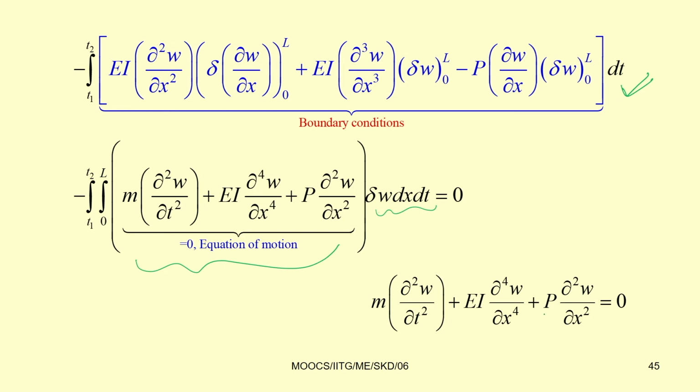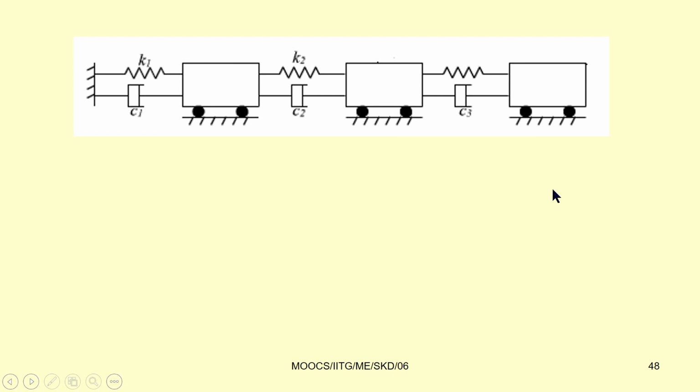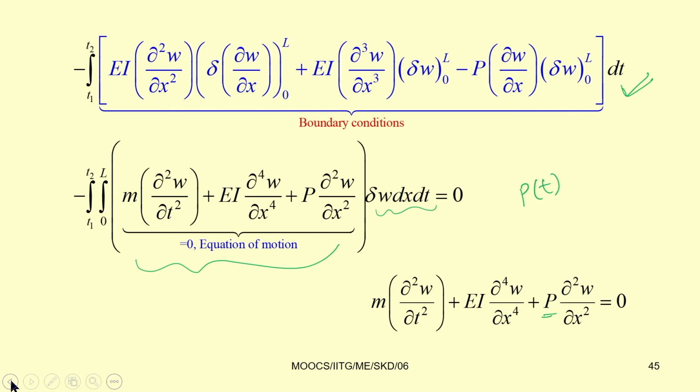If one takes this p, as I told, Pt, I have written there, by taking Pt equal to P0 plus P1 cos omega t, you can take also. So, this is equal to P0 plus P1 cos omega t. By taking this, you can have a nonlinear equation of motion, which will be that of a parametrically excited system. So, with this, today's class will conclude here.